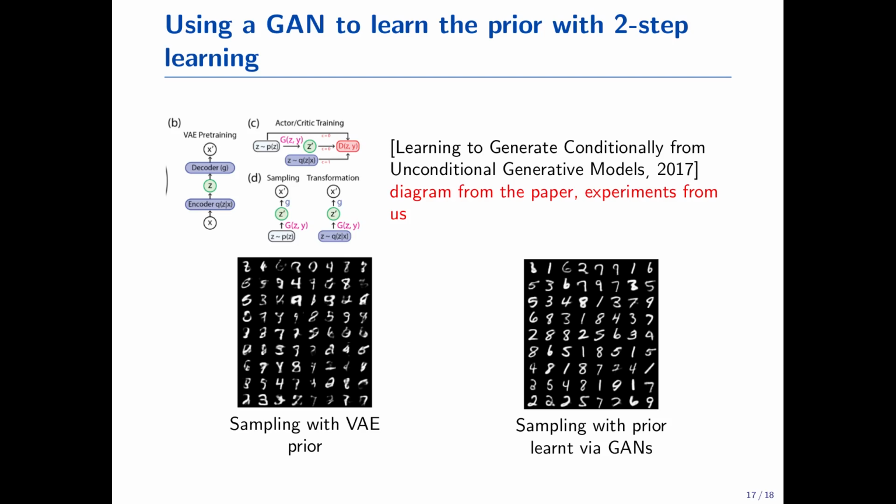Finally, in the final example that we consider, we incorporate GANs in the latent space of an autoencoder, and as we can see, the generation performance improves significantly when we do this. One thing to note about this example is that, as with the PCA case before, the joint training objective is not straightforward, not obvious to derive, but the two-step learning approach enables us to perform learning in these cases.